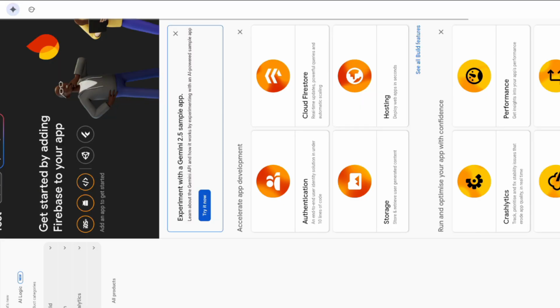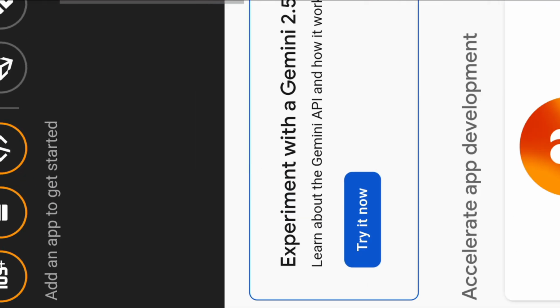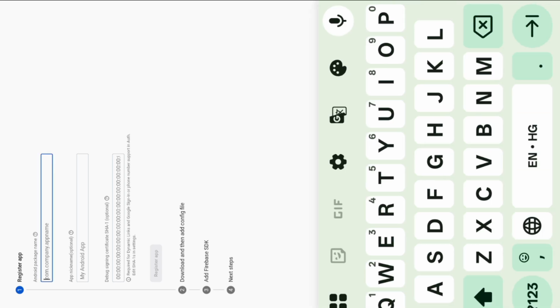Click on continue, and after that you want to fill in your package name here. First of all, cut this and click on the Android icon. Then you can see an interface like this. First you want to fill in your application package name here.